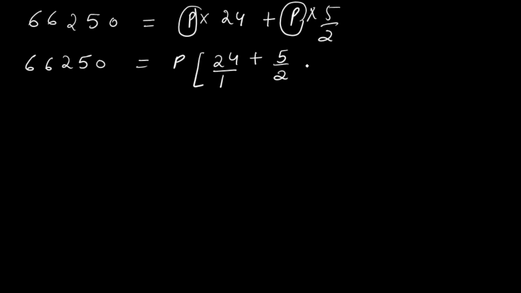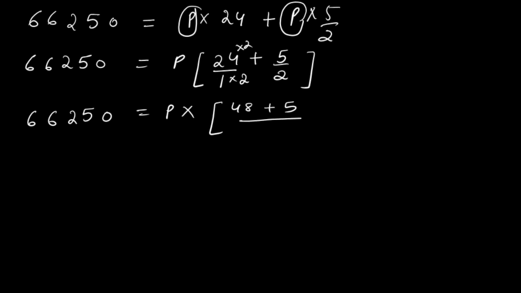Now 24 I can write as 24 by 1. So two fractions getting added, so we have to make the denominator same by taking LCM. So with 2 up and down I am multiplying here. So 66,250 is equal to P into 24 into 2 is 48. 48 plus 5 by 2. So 48 plus 5,